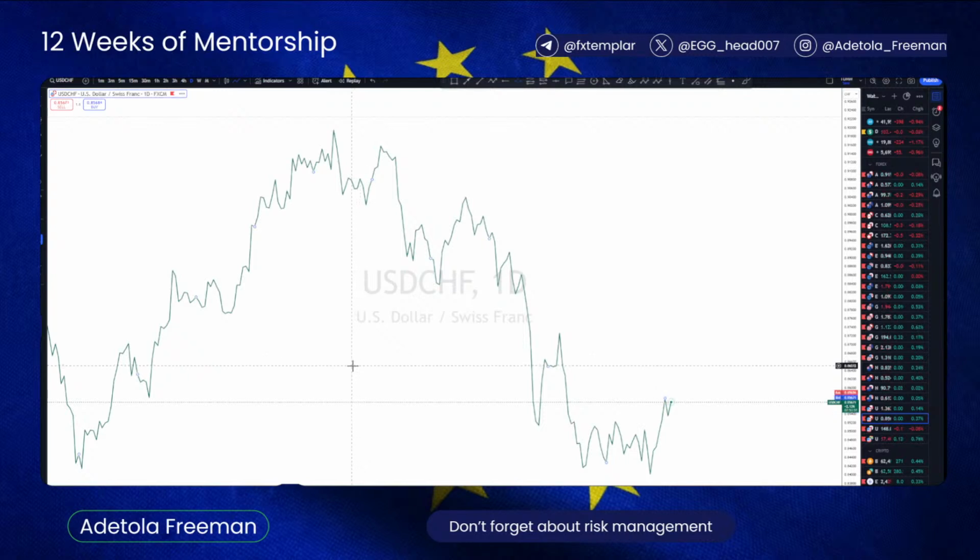In order to understand what a pivot is, you need to first of all understand what the line chart represents. A line chart is simply a chart that is made up of just the closing prices. The only price that is recorded on a line chart is the closing price. When we talk about candlestick charts, we're talking about open, high, low, close. But that's not the same for your line chart. Your line chart only records the closing price, and because of that,